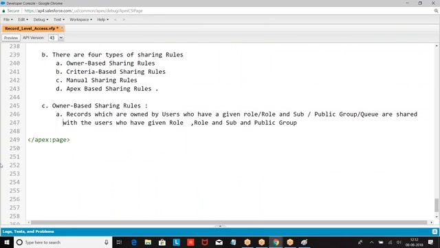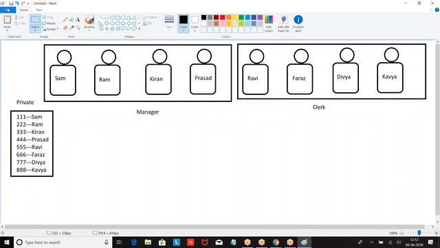Right. This is the condition. Look at the condition carefully. Look at this example carefully.